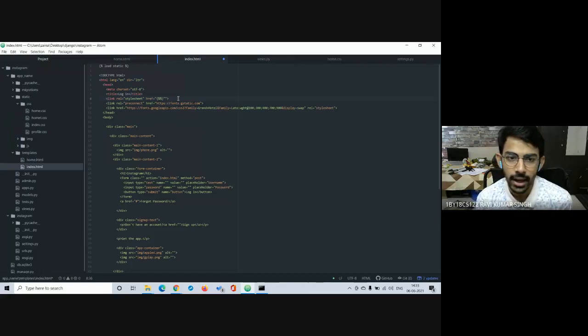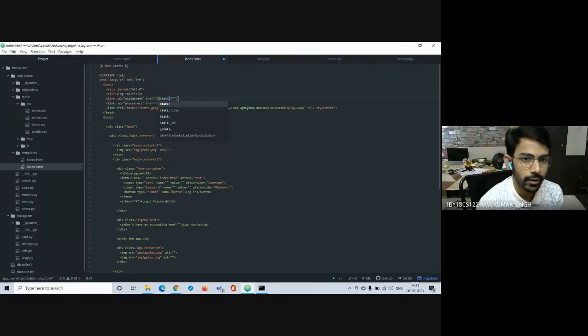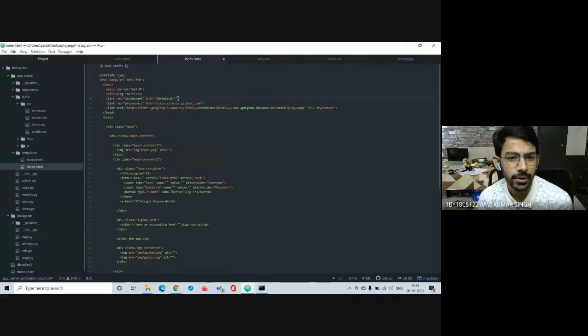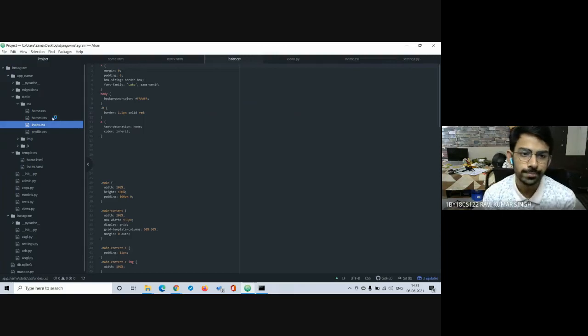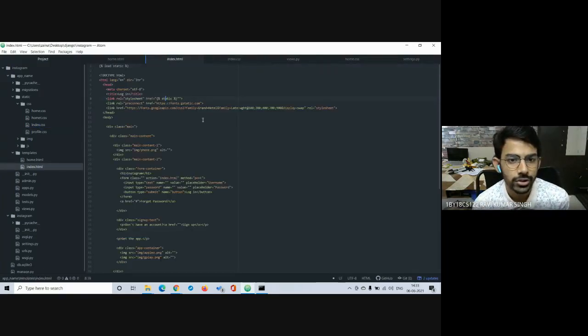Now inside that static, yeah, just start spaces. And now after static, where is it? It's inside CSS, and then I guess index.css, right? So just now after that, inside quotes, in single quotes, you can write,